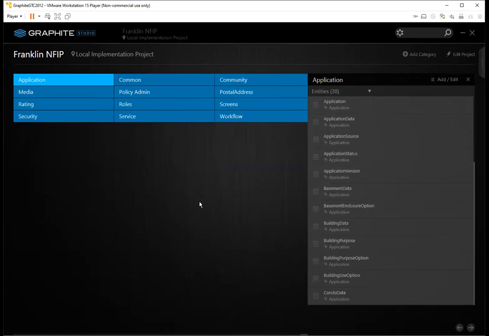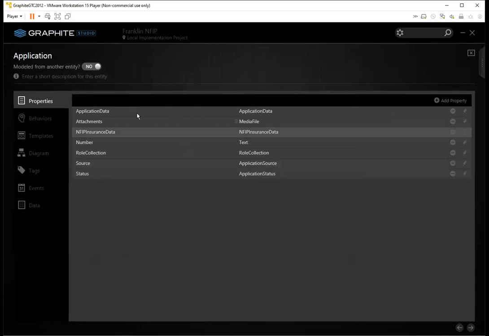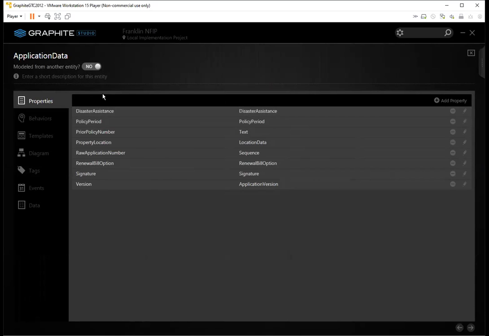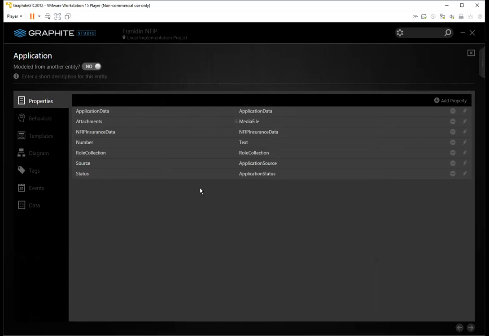So anyway, one other thing, if you do Control Tab, it shows you all the open windows, so you can quickly go to each of the open windows. So I go back to application, and you can see how you can build this pretty thoroughly. Again, when I go into another entity, it's pretty much the same detail. Just like any good object-oriented programming language,